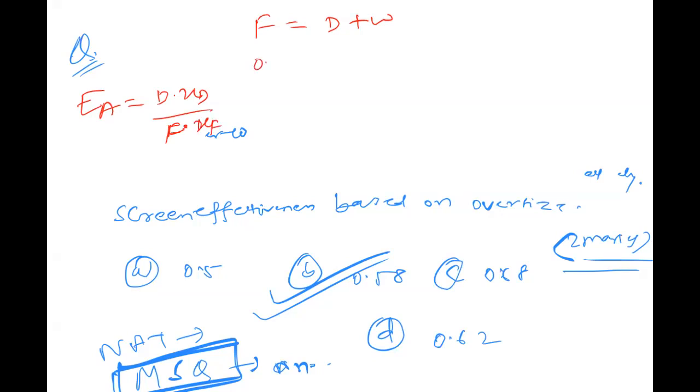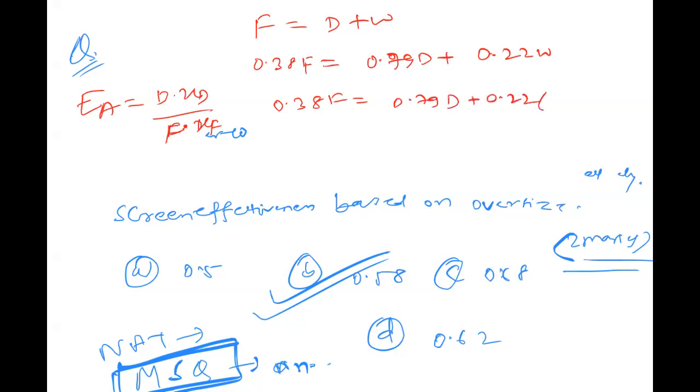So it is 0.38 F equal to 0.79 D plus 0.22 W. If you solve this, you need to substitute the value of W, which is equal to F minus D. So it is 0.79 D plus 0.22 times